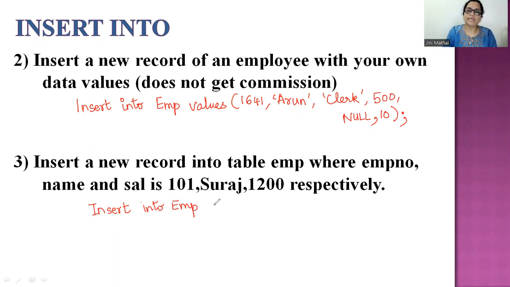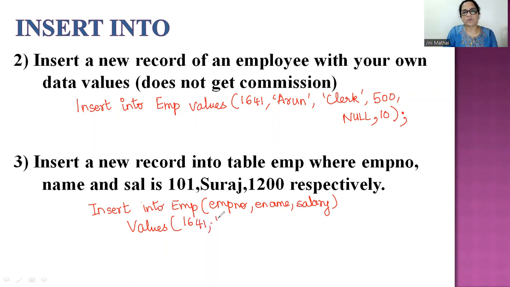Now, if I'm going to insert values only into certain columns, I write those column names. So I write EMPNO, name, comma, salary. What does this mean? That I don't plan to enter into all the fields. I only plan to enter into EMPNO, name, and salary. And what are the values that I would want to enter? Let's say 1641. I'm just repeating the same things again. That doesn't matter, but yes, if it's a primary key concept, you can't. But this is just an individual example. Let me make it 1647, and let's say Pooja